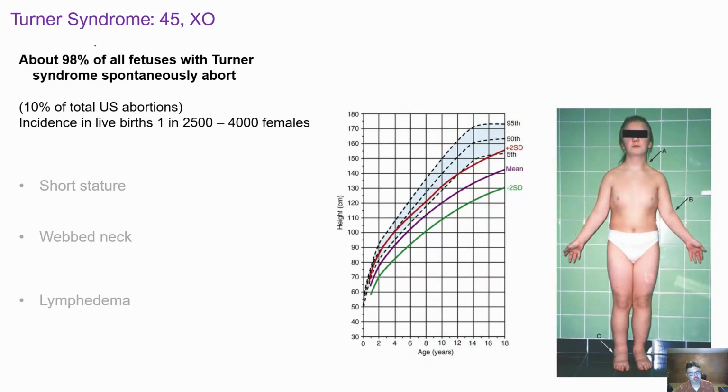Turner syndrome. Turner syndrome is our XO syndrome, where you have 45 copies of the chromosomes because you're missing either an X or a Y over there. And you're going to see about most of these are not viable. Once again, you have to have enough chromosomes. 98% will spontaneously abort. The ones that do, you will see about 1 in 2,500 to 1 in 4,000 females,